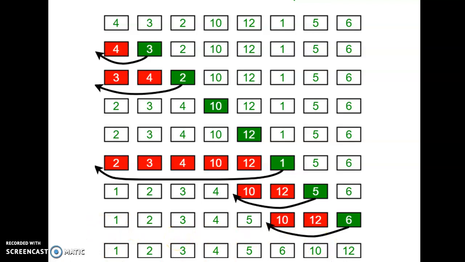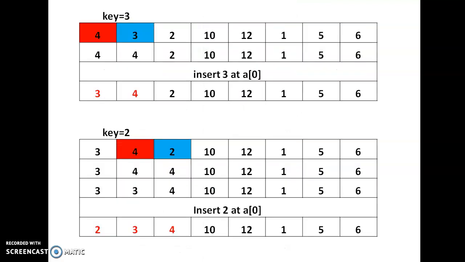Just now we saw this example from the outside. Every element goes to the position where it has to go. But we will see step by step what is actually happening inside. Initially we are considering these elements. The key is considered at the first position, that means A of 1 is considered as the key. Always we compare with the elements before it. So i is considered at 1. Initially the key value is 3, and we check with all the previous elements that we have.